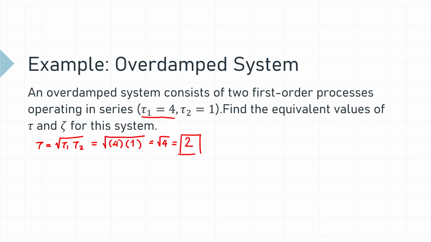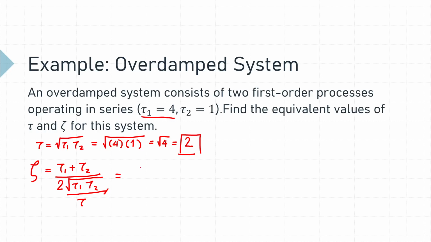Next, the damping ratio could be solved next. That's just this one, and this is equal to (tau1 + tau2) all over 2 times the square root of tau1 times tau2. If you notice, this underlined expression is equal to our tau, so we could just use that one from the previously solved value. That should be 2 seconds because that is a time response.